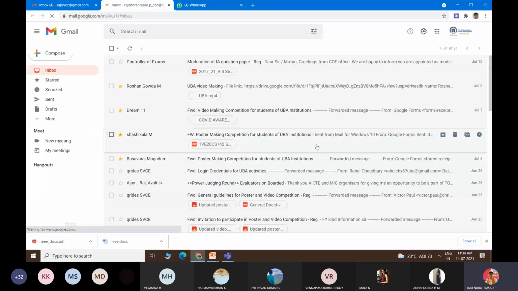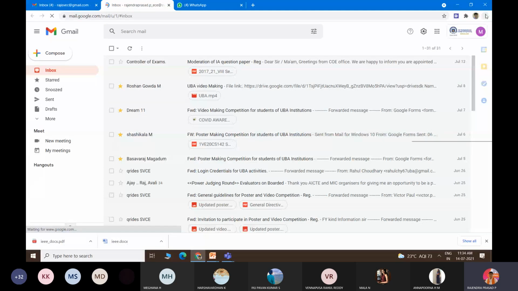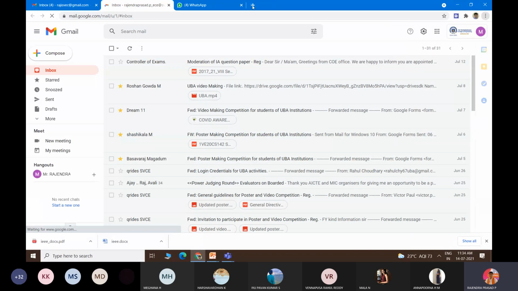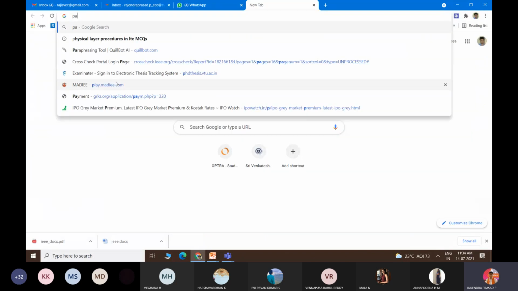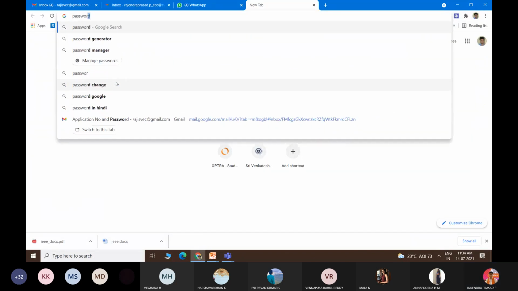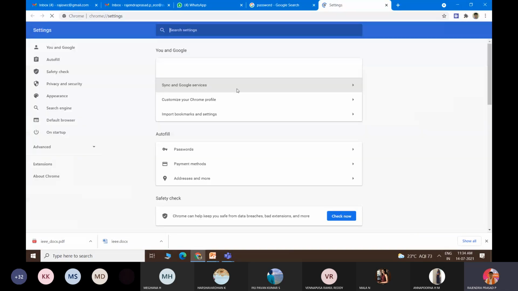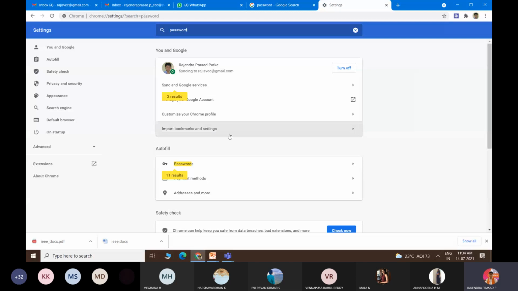I think it will be somewhere here. Settings, I should go, sorry, here I should go. So here you can see autofill password, right?